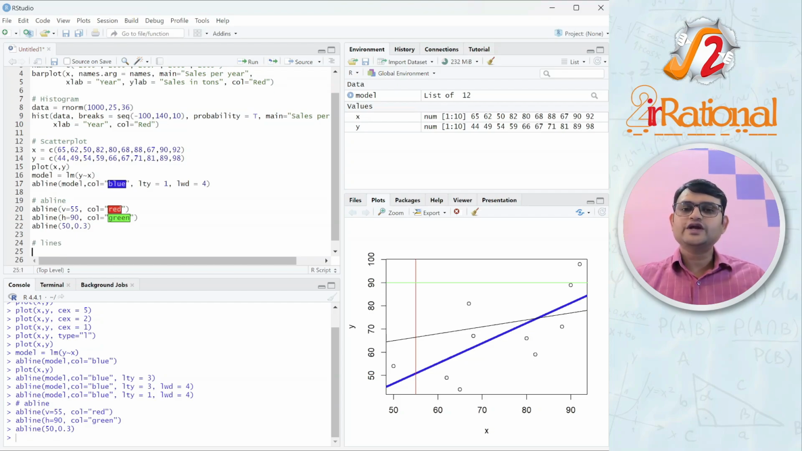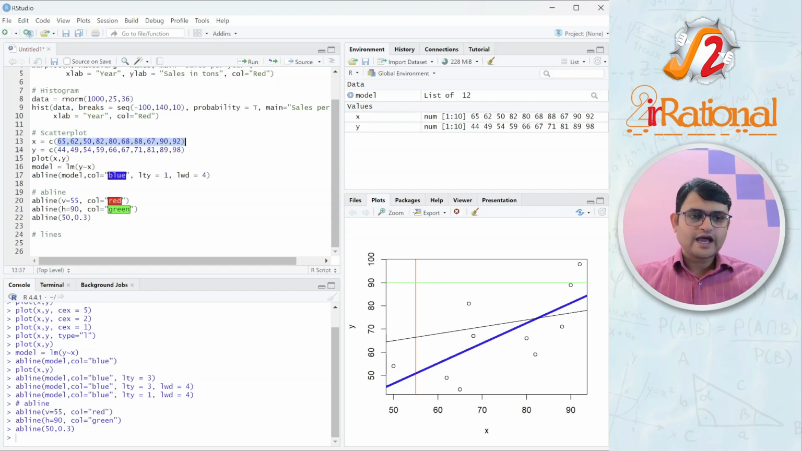But for this, we need to know the x and the y coordinates of the points between which it will create lines. So let's say I have these points. This was my first point, that is 65, 44. The next point is 62, 49. I guess this is the one, 62, 49. Then the next point is 50, 54. This is the third point. So similarly, if I want the lines to go through all of these points in this order,